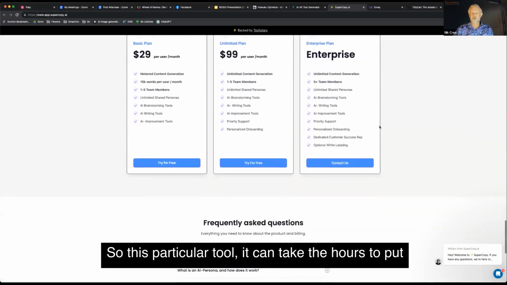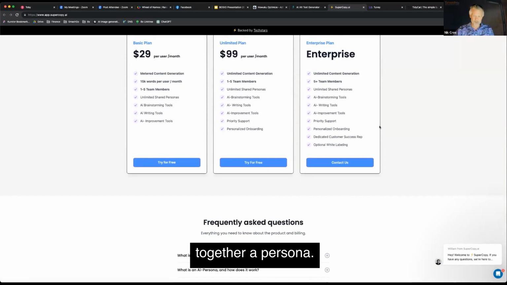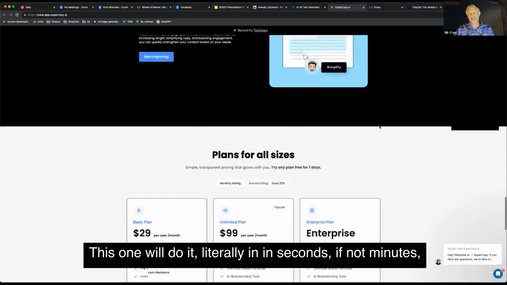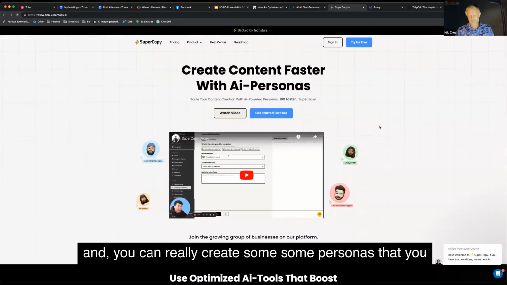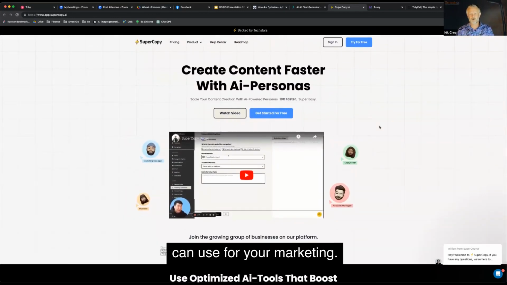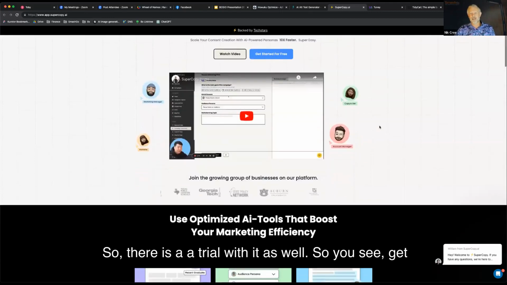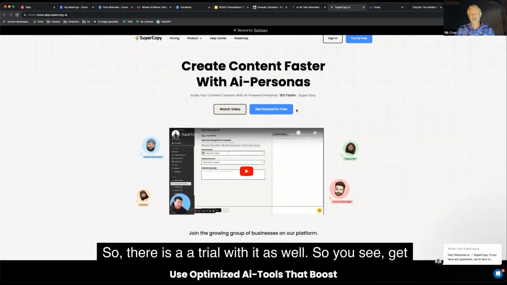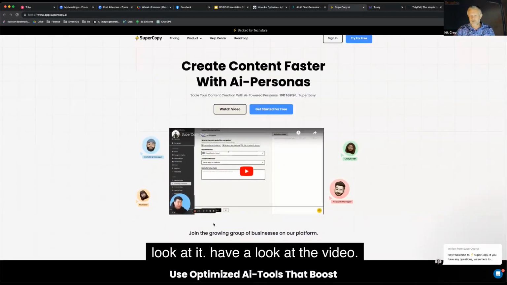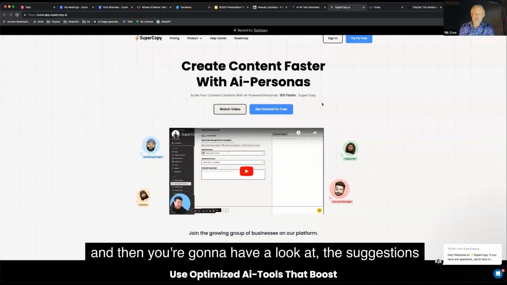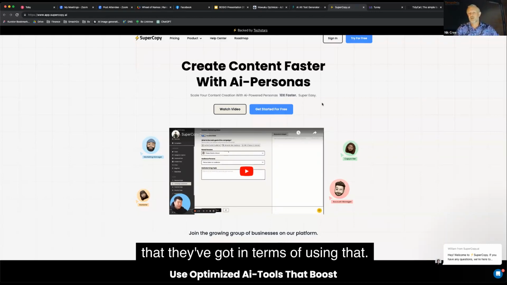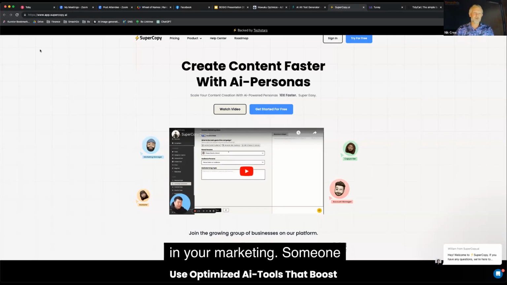With this particular tool, it can take you hours to put together a persona. This one will do it literally in seconds, if not minutes, and you can really create some personas that you can use for your marketing. There is a trial with it as well, so you can get started for free. Have a look at the video. This video is a good explanation on the front of how to use it. You can get started for free, create a persona, and then have a look at the suggestions that they've got in terms of using that in your marketing. So that one there is called